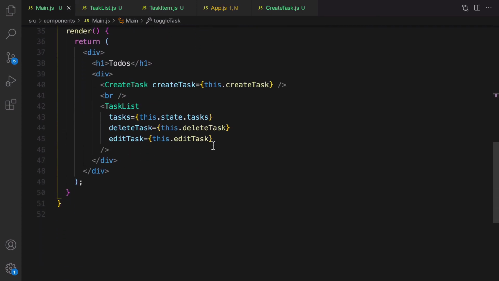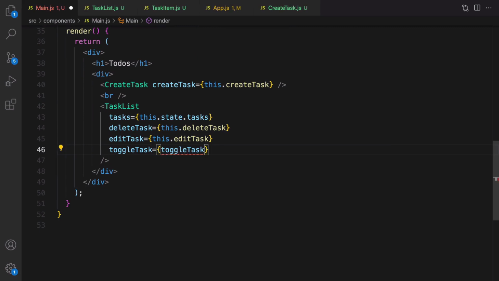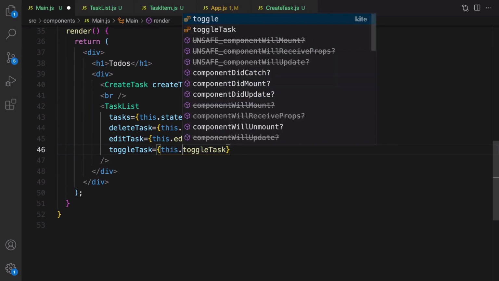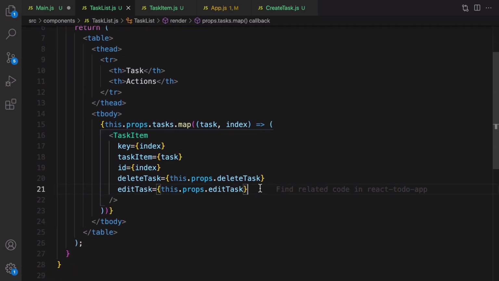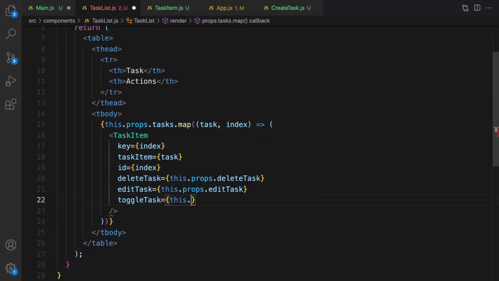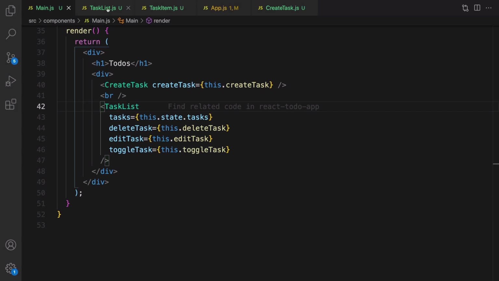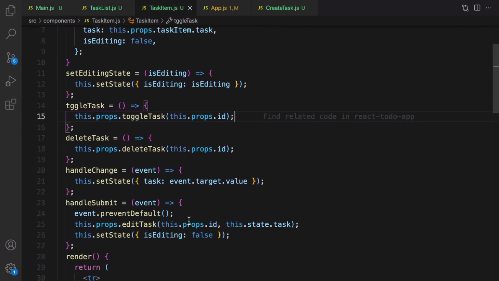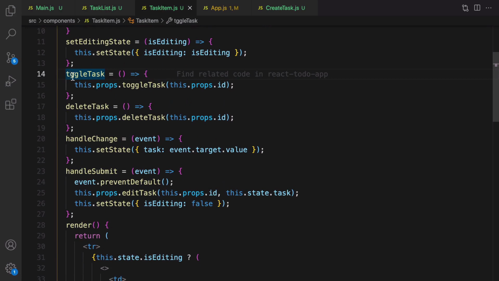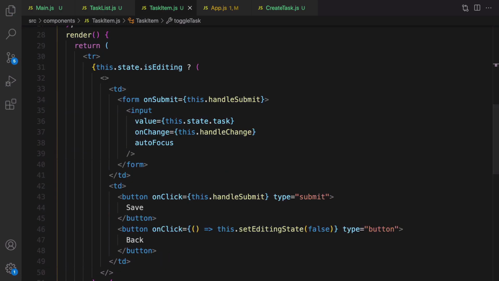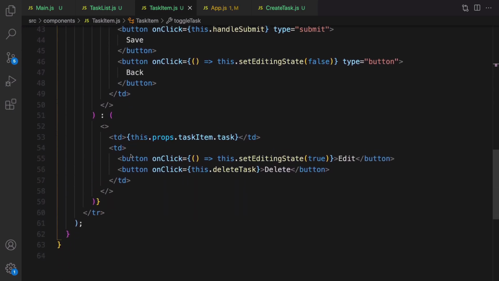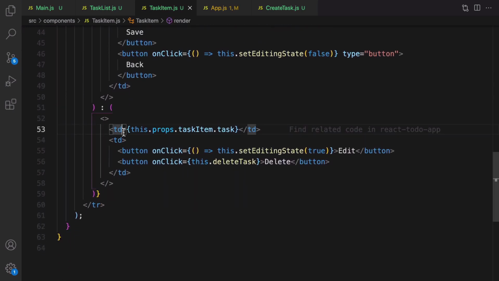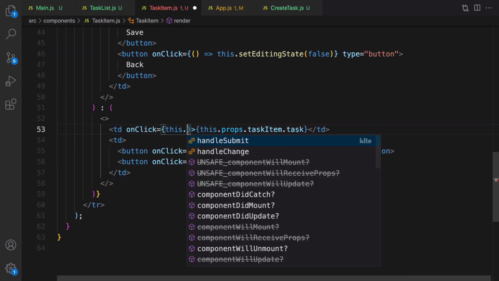We need to pass it as a parameter to the child function, and inside the task list we need to pass it as a parameter to the task list item. Let's save main, and inside task item it's time to use toggle task. Where is the location to use it? It's here, right here. Define onClick, and when the user clicks on the task name, it should run